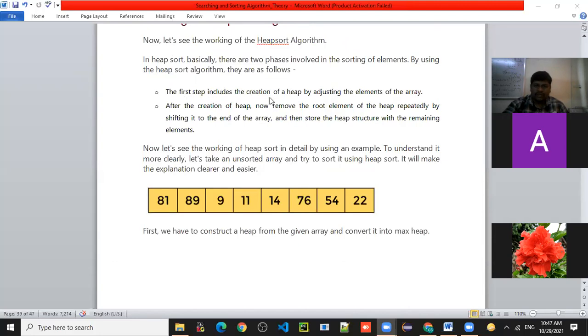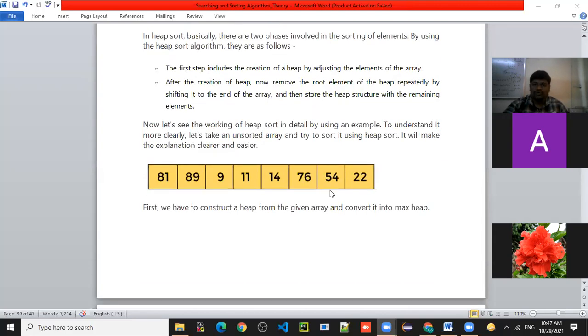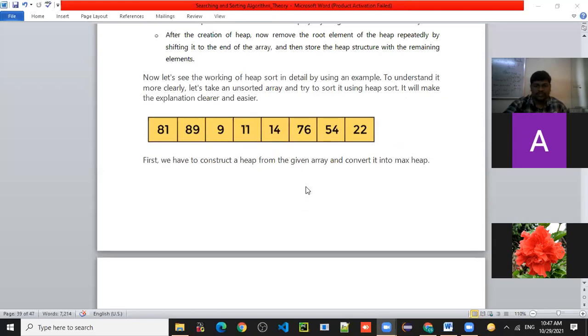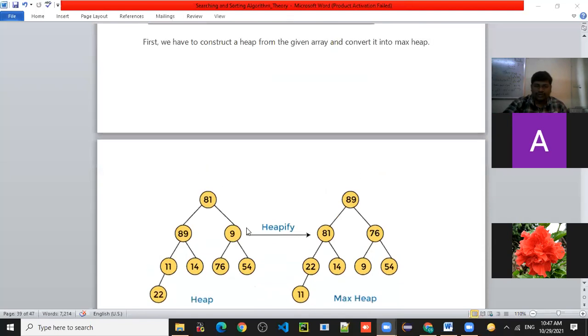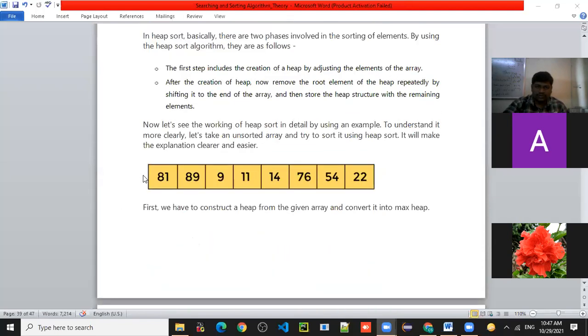The first step involves the creation of a heap. Now, how to create a heap? That we will see. So in the first step, we have to construct the heap, by considering this given array, and convert it into the max heap, right?